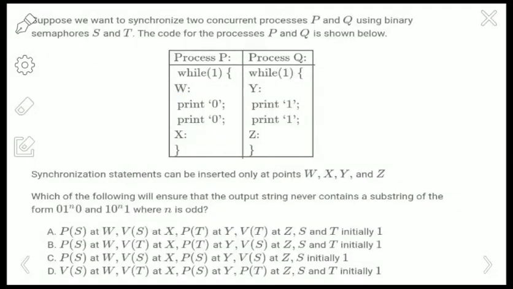So in the given question, suppose we want to synchronize two concurrent processes P and Q using the binary semaphores S and T. The code for the processes P and Q is given below. So here there are two processes P and Q, and these two processes execute concurrently with the semaphores S and T, whose values are initialized to 1. And we have to find the W, X, Y and Z variables in the given code,